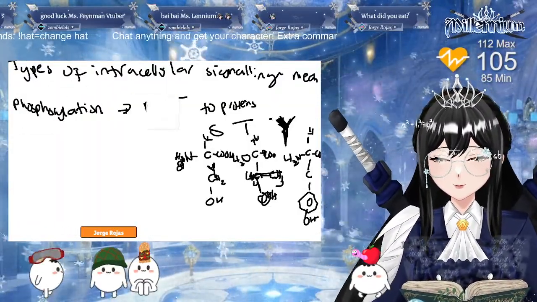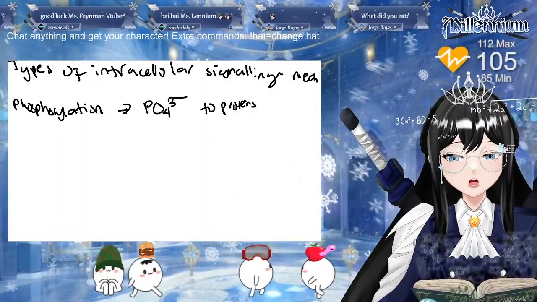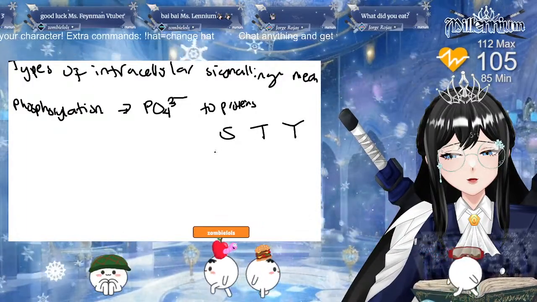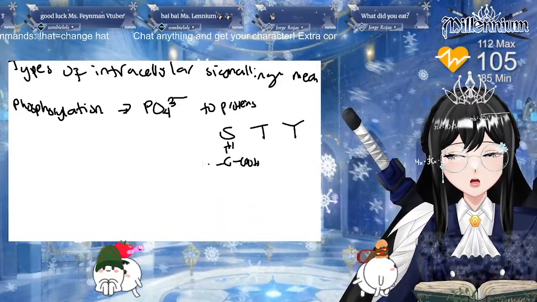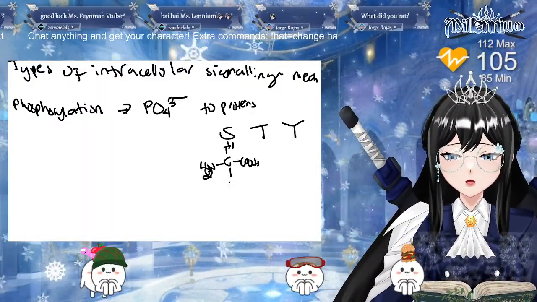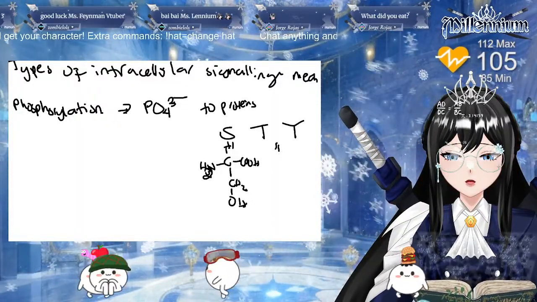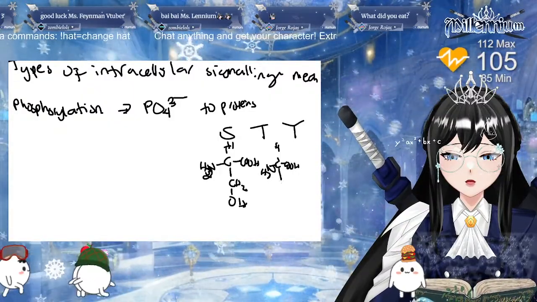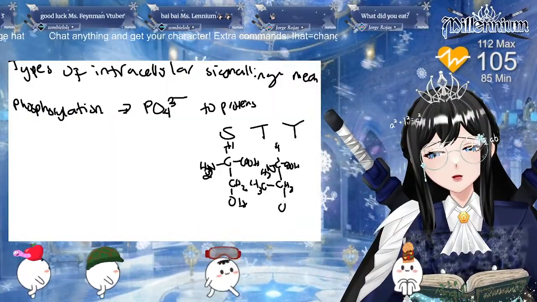All right. Mini review again. Phosphorylation is adding phosphate to the amino acids of proteins, specifically S, T, Y. This one is COOH, this one is H2N. I'm just so used to writing H2N plus. This is CH2OH, this is HCCOOH, H2N, CH2, another CH3, and this one has OH.